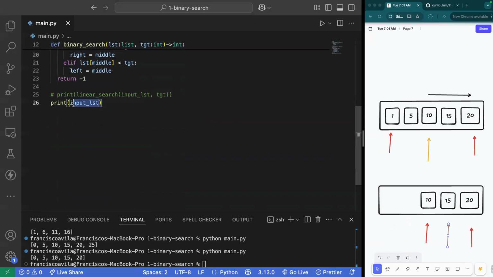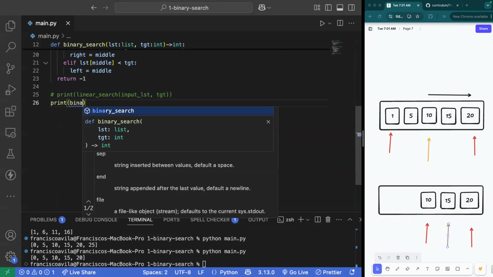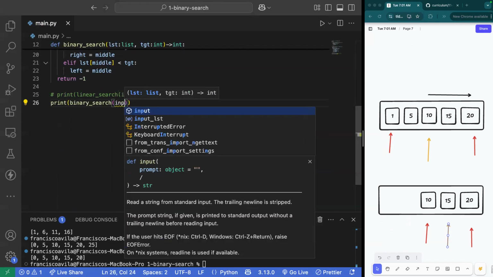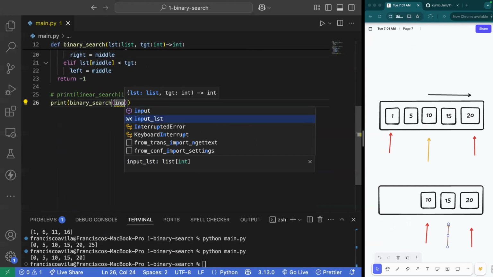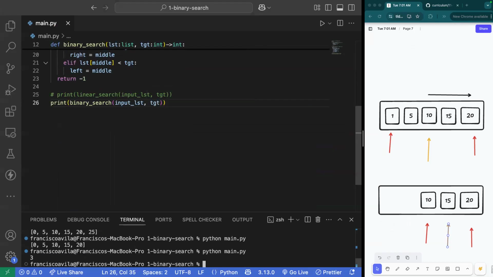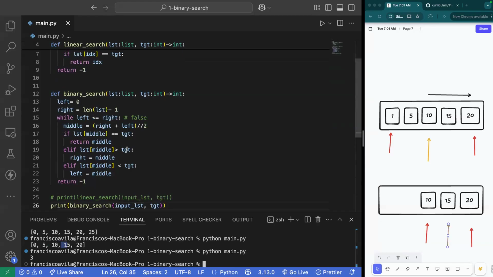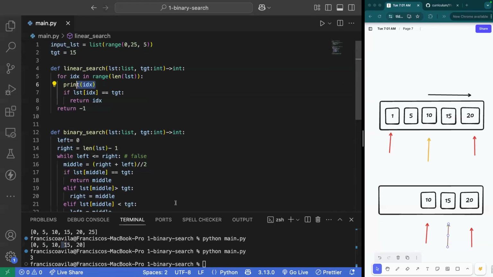And for now, let's go ahead and print our binary search return. That is going to be taking the input list and our target. Now, when we iterate through this, we get a return of the number 3, which is exactly what we expected. We go through the 0 index, the 1 index, the 2 index, and the 3 index, which returns 15. If we print IDX, which looks like it's doing the trick of printing IDX,